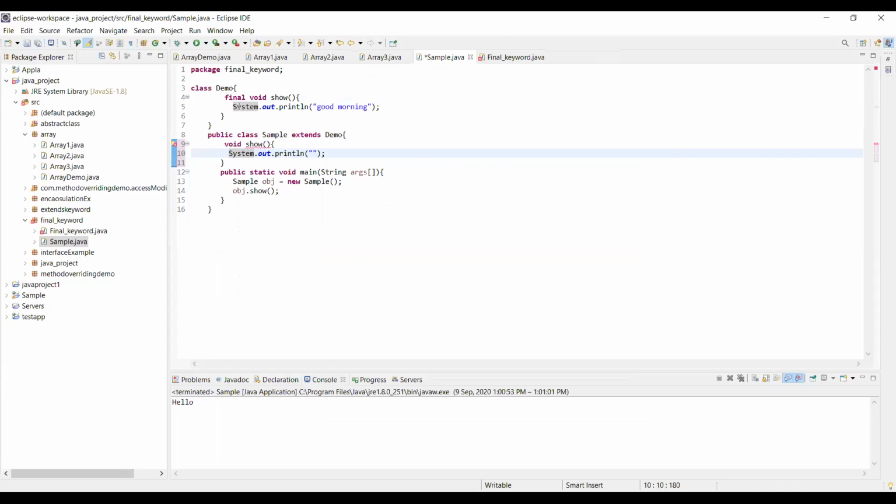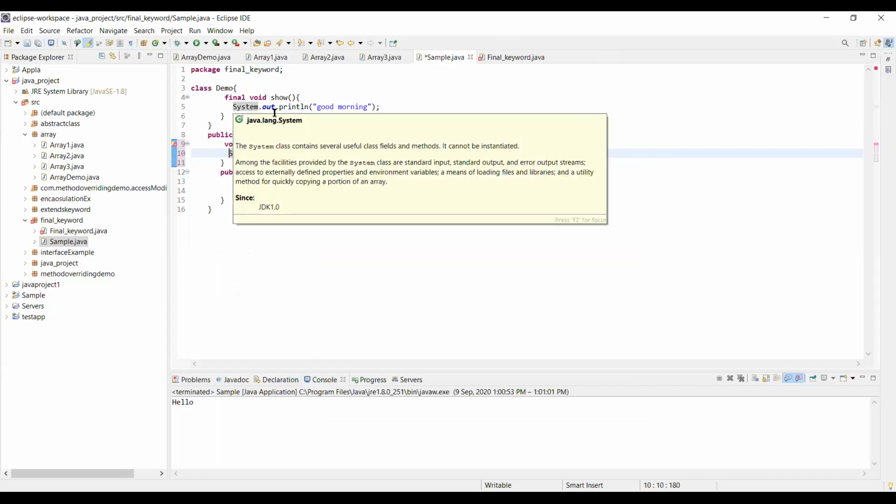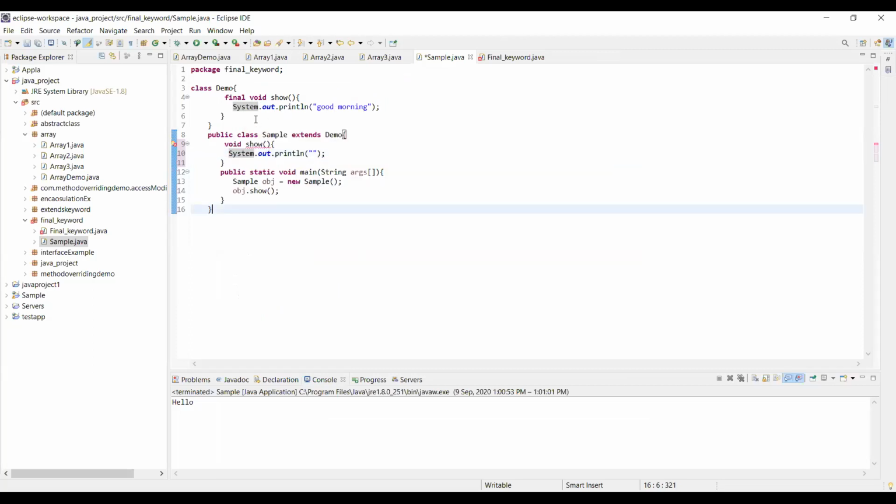Ma'am, first I create the class Demo. Then I create the method void show with the final keyword and show the good morning message. Then I extend the Demo class in Sample, and here I create the same show method. It shows an error when I call the show method through the object, because we can't override